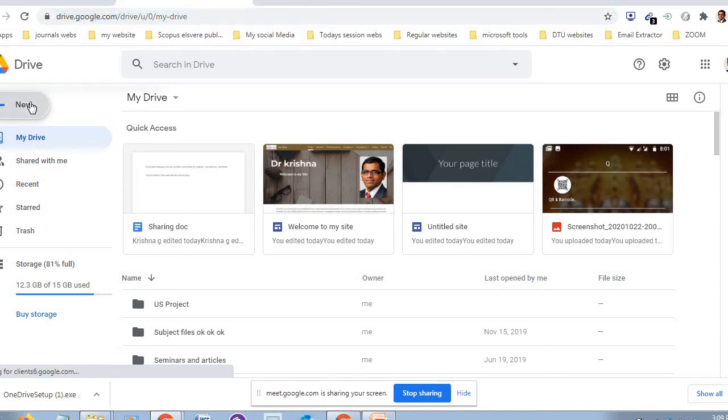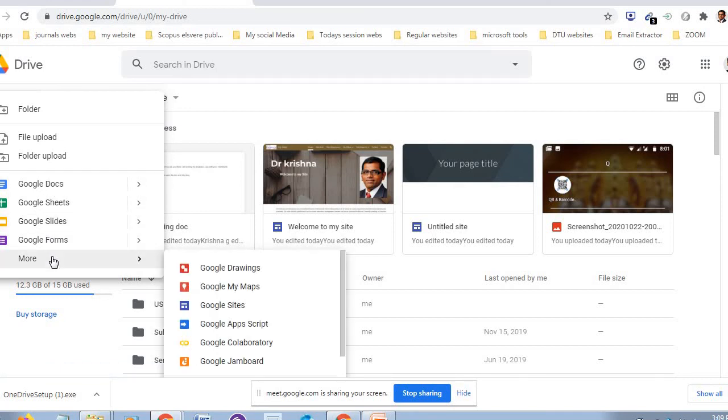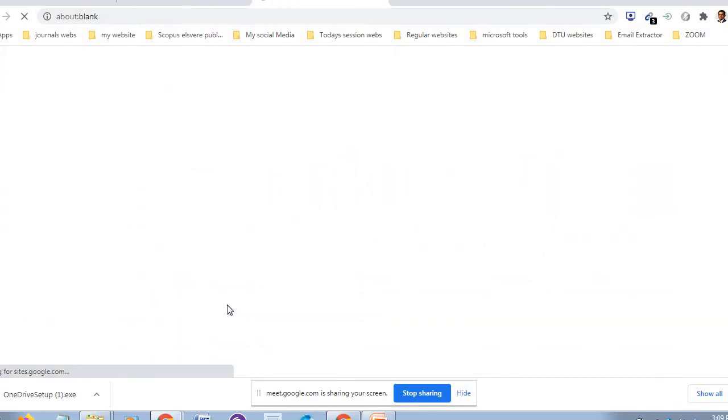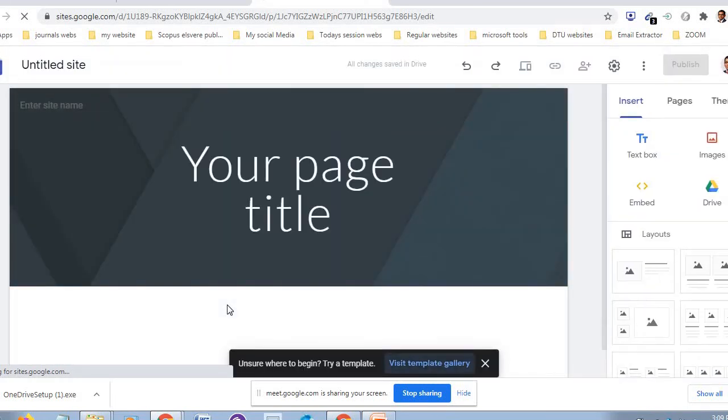Click on the New button. These are all documents and sheets. In More, you can find Google Sites. Click on it, and you'll go to that page.